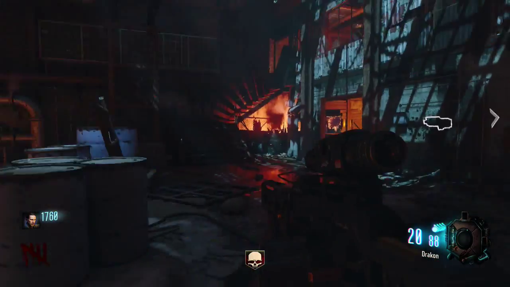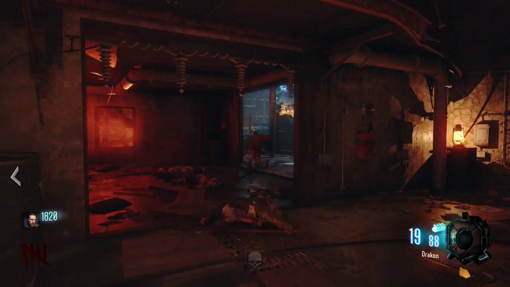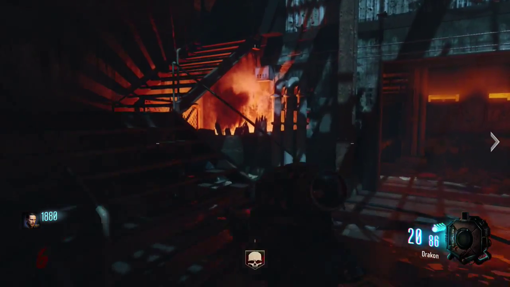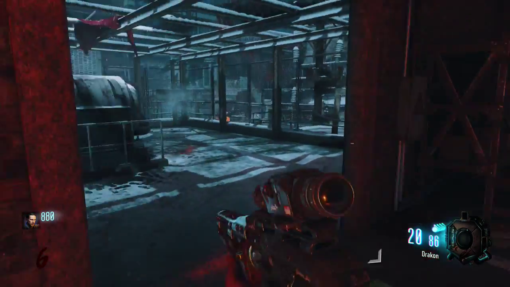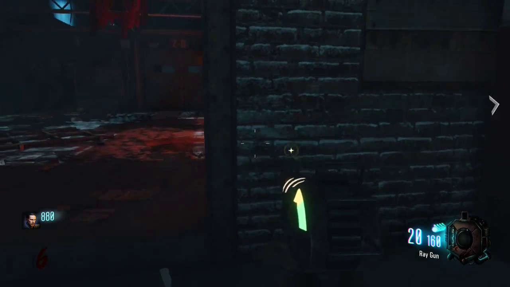And today I'm going to finally show you guys some The Giant gameplay, the Zombies bonus map, The Giant, that you can either get from buying Juggernog Edition, or Hardened Edition, or the Deluxe Edition of Black Ops 3. Or you could also get it from buying Seasons Pass, so it's pretty cool that they actually let